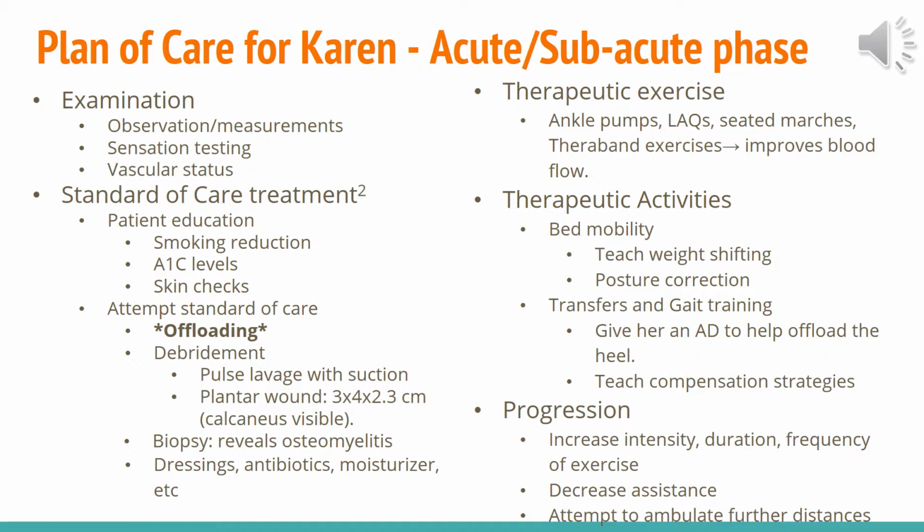9.7 that she's at. Because it's a diabetic foot ulcer, we really want to focus on offloading the heel. This is going to be the most important factor for her to get better and decrease the size of that wound. We decided to do a pulsed lavage with suction because she's on the Coumadin. We are worried about increased bleeding. This will try to minimize that, and it's good for the slough that's in the area. After that, because the bone is still visible, it's a good idea to get a biopsy, which revealed that she had osteomyelitis. Things like dressing,